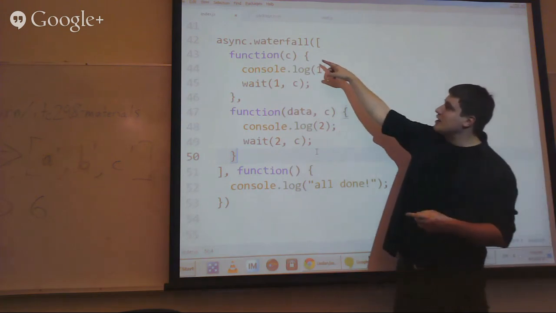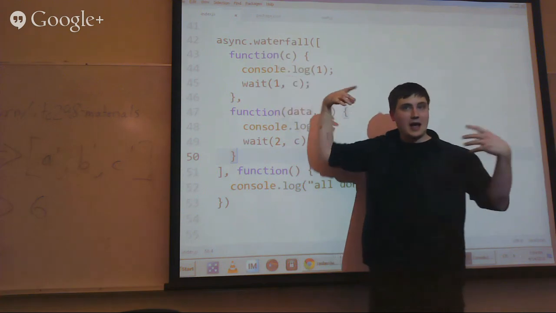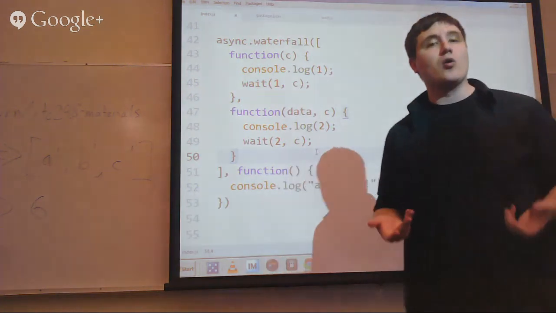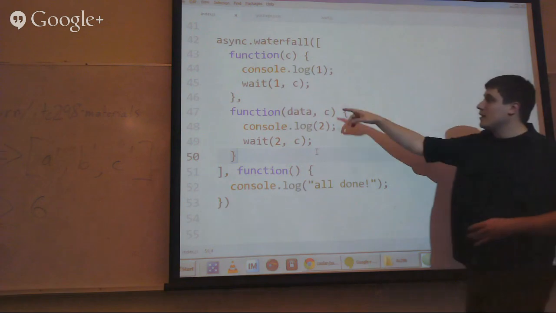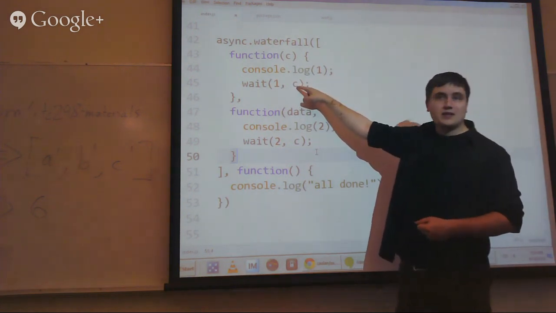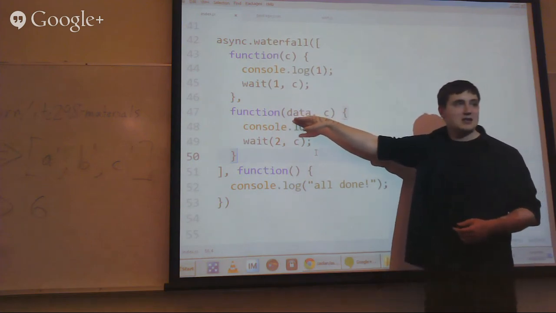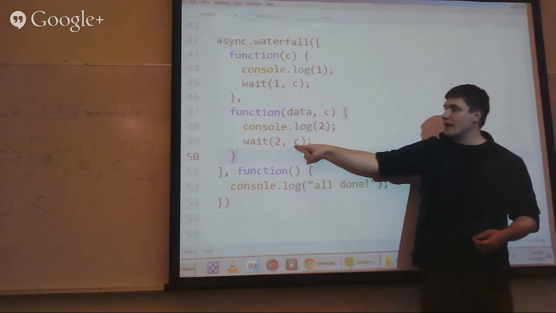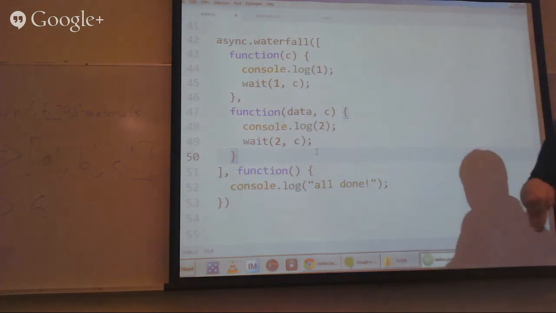So we're basically chaining these together, right? Each function gets a callback function passed in as its last parameter, because that's how Node works. And when it calls that, it lets async know, I'm done, go on to the next function. In this case, we're passing that to wait. So wait, when it's done, will call our callback for us and move on to this. This gets it, it logs out 2, it calls wait, and it passes this callback in so that once the wait is done, it will move on to the next function,